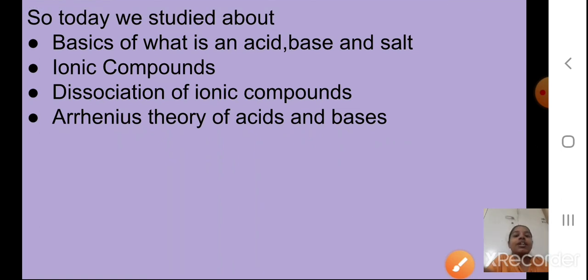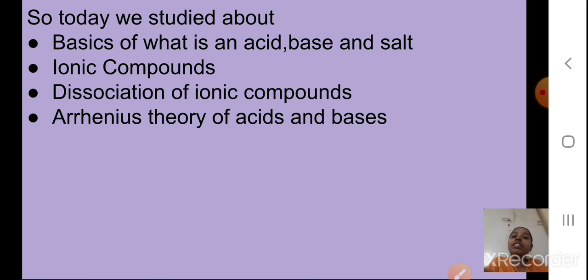We have come to the end of today's presentation. Okay, so today you studied the basics of what is an acid, base and salt. Yes, you saw many pictures I have shown you where you can see acids, also bases you see every day, whatever substances we use which are bases, and the salt, a simple one which we studied, that is the common salt, sodium chloride.